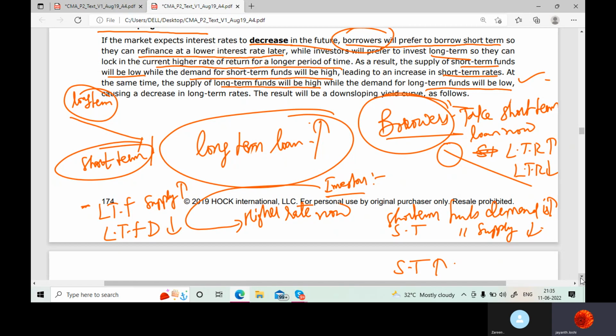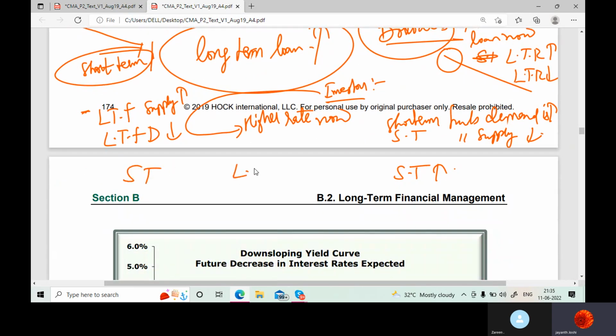So I'll put all these things into the picture. Short term, long term. Short term demand is high, supply is less. Long term supply is high, demand is less. So what would happen if the short term funds demand is high? The rates will be high. When demand is high, the rates will be high. When supply is low, the rates will be high. Long term funds supply is more, so the rates would be down,